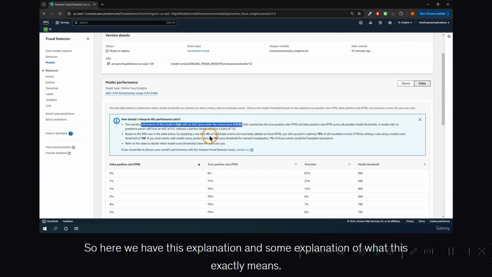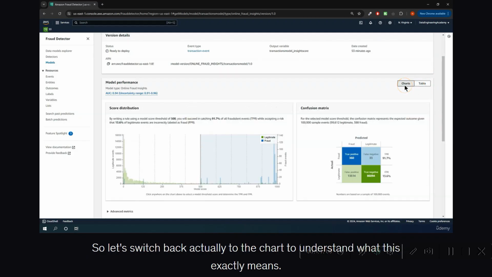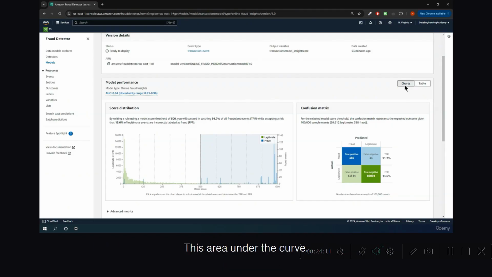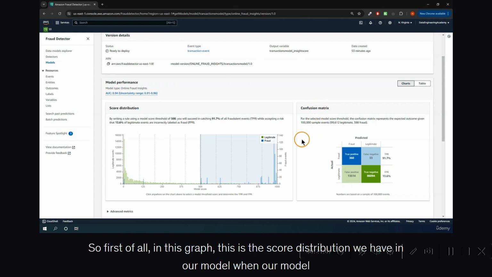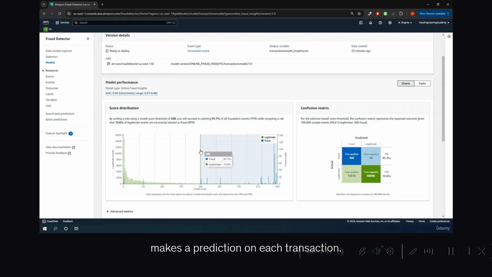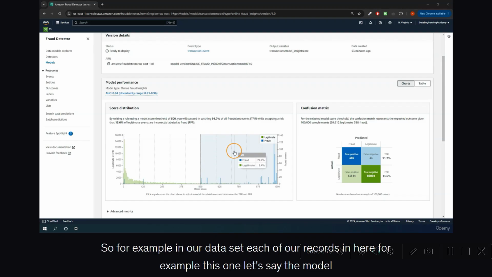So here we have this explanation of what this exactly means. Let's switch back to the chart to understand what this area under the curve exactly means, and then also understand this confusion matrix here. First of all, in this graph, this is the score distribution. When our model makes a prediction on each transaction, so for example in our dataset, each of our records,